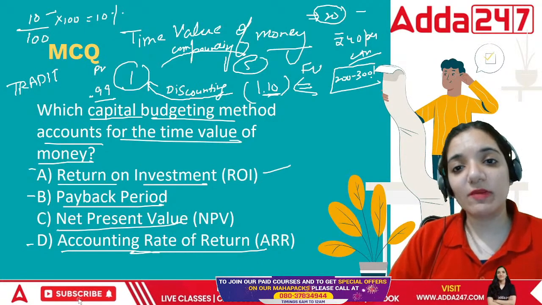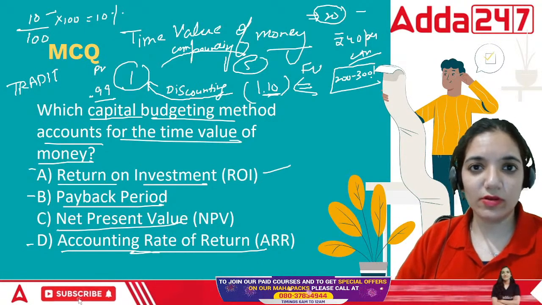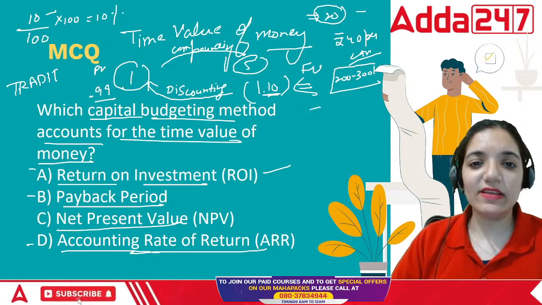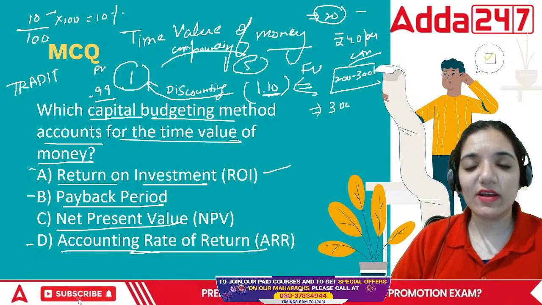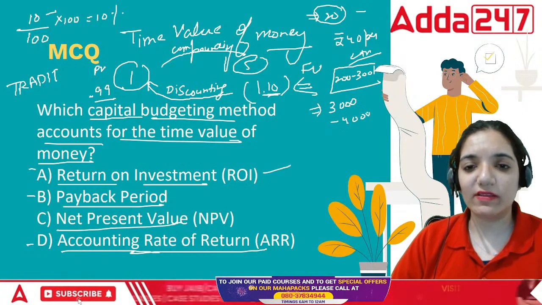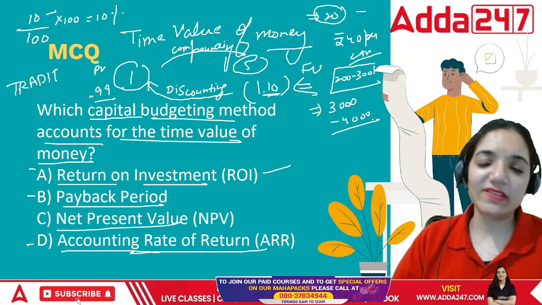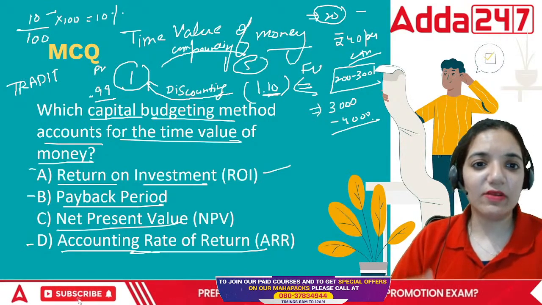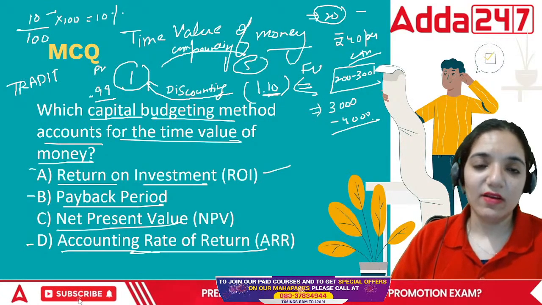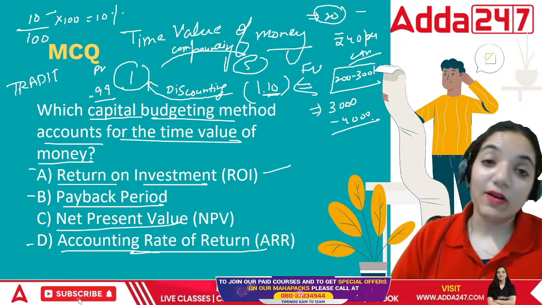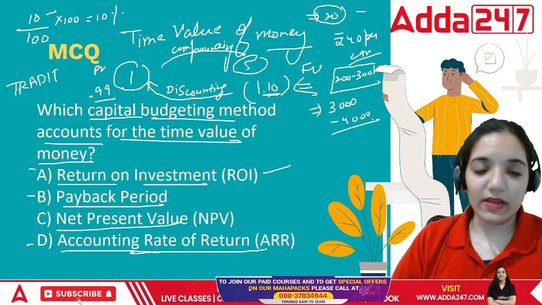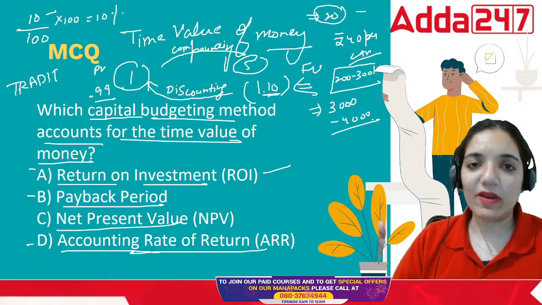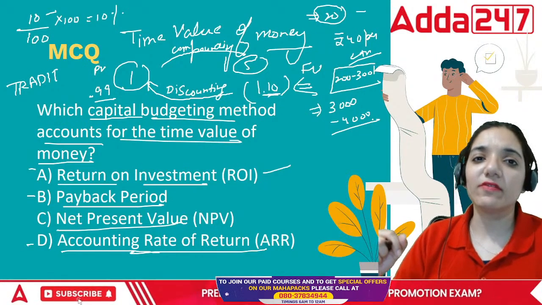At this point of time, if I take my car to the petrol pump, I know that I have to spend between 3,000 to 4,000 rupees to get the fuel tank filled up. What has happened? Inflation. Time value of money, the value of money changes over a period of time. So why aren't we considering it? In return on investment, we are not doing it. Payback period, we are not doing it. Accounting rate of return, we are not doing it.